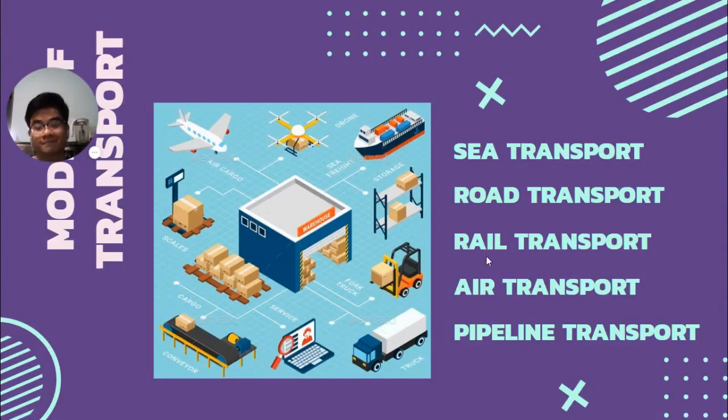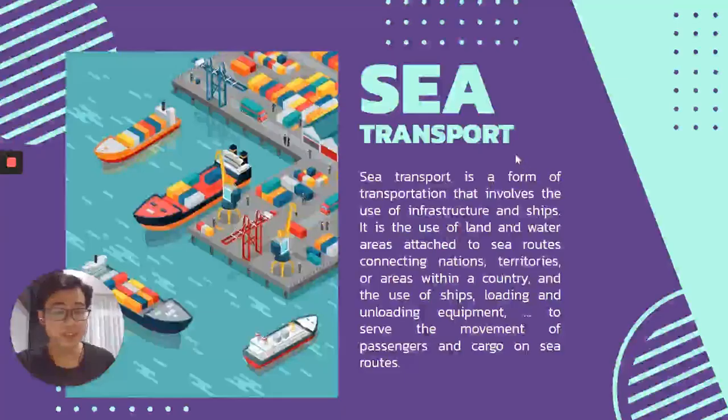with logistics. My name is Tuấn, and I'll be talking to you about sea transport. First of all, we need to know what sea transportation is. Sea or ocean transport is a form of transportation that involves the use of infrastructure and ships. Particularly, it is the use of land and water areas attached to sea routes connecting nations, territories, or areas within a country, and the use of ships, loading and unloading equipment, and all needs to serve the movement of passengers